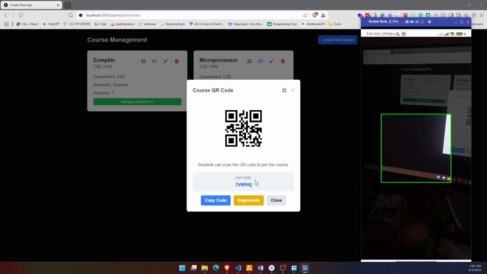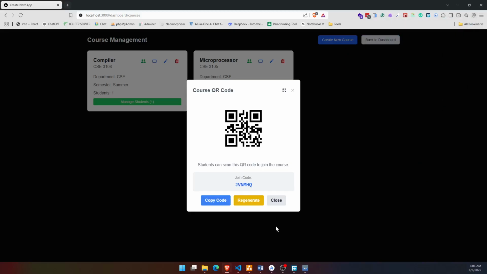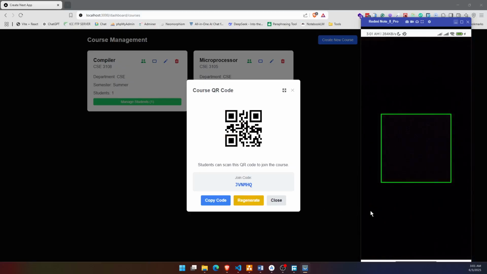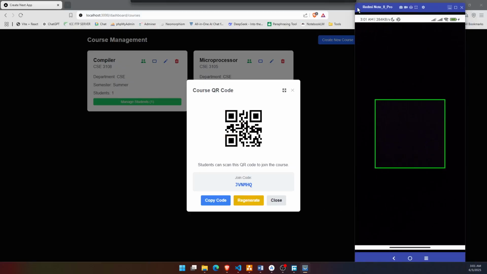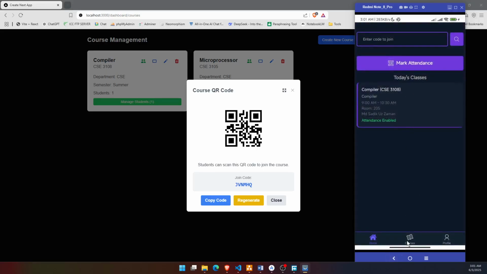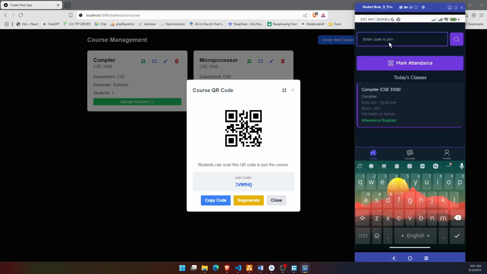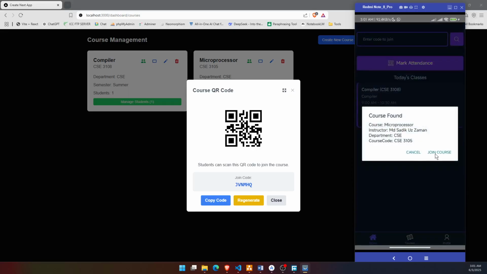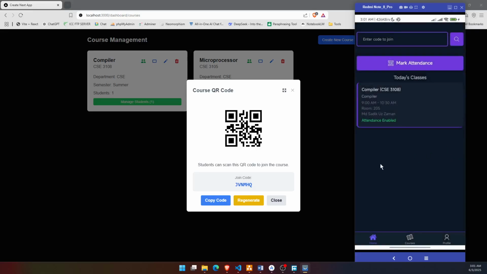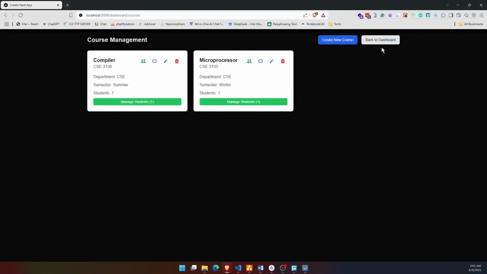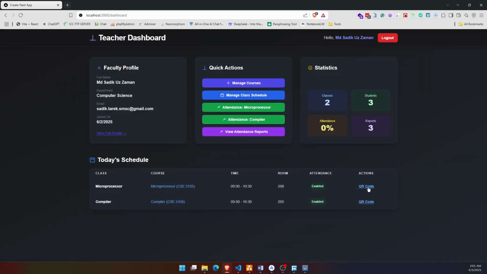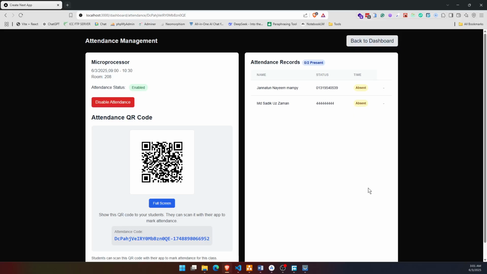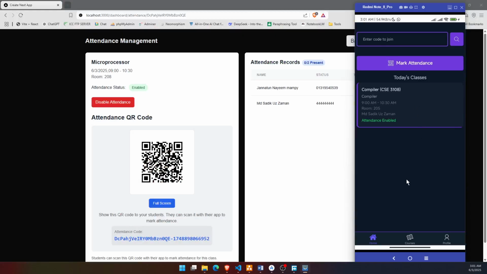This is the code I've been working on, so I'll be doing something for that. I'll be joining a course currently, JPNMHQ. I'll be searching that. I have joined a course. Okay, so now I am supposed to mark myself attended for that specific course. Okay, so if a student now sees